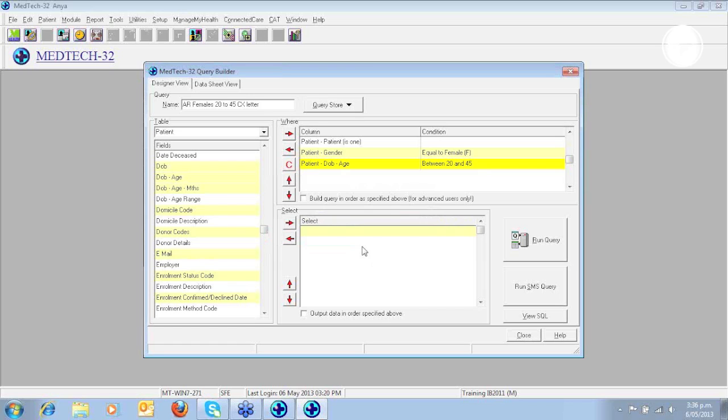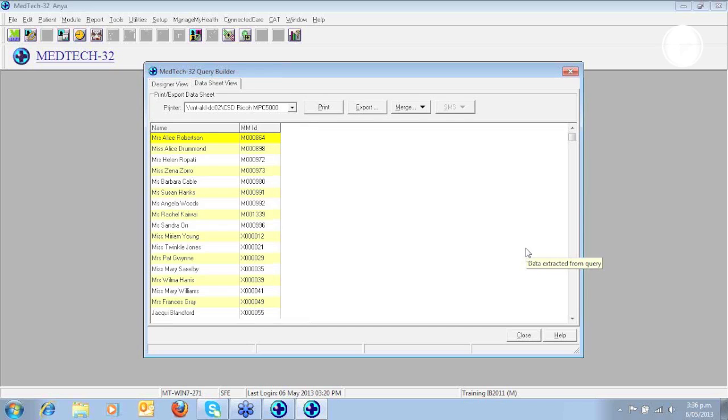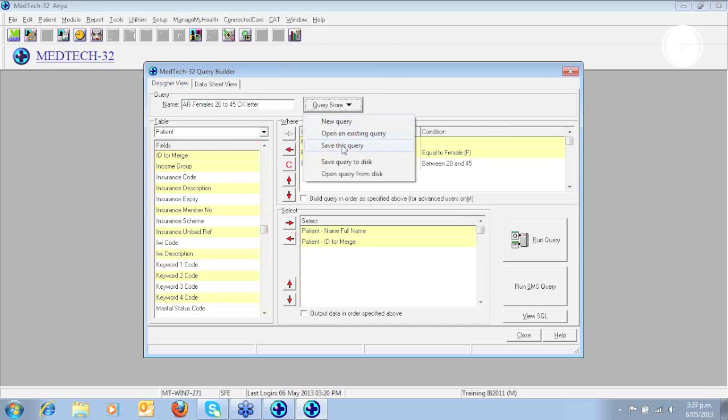Now I'm ready to populate the select section of the query, and for the purpose of the list query, first I will be adding patient's full name, and next I will be adding the patient ID for merge. I can now run the query. The list is generated with patient IDs next to them. I'm going to save the query,